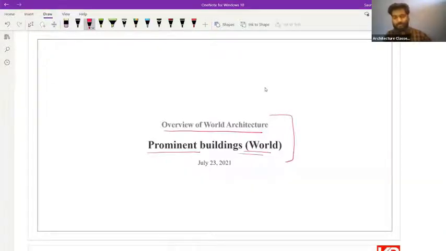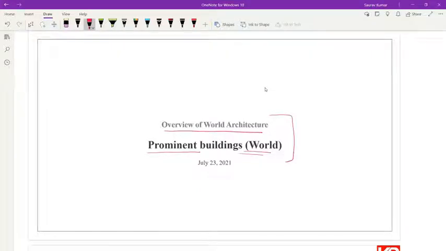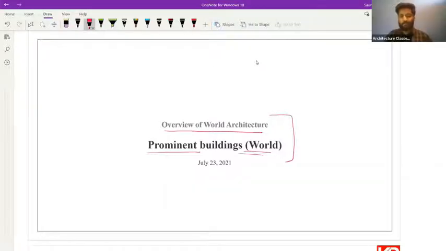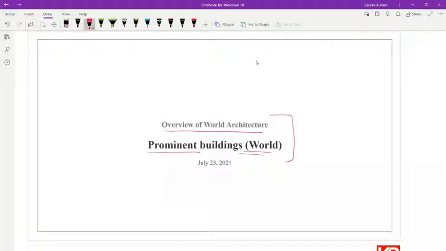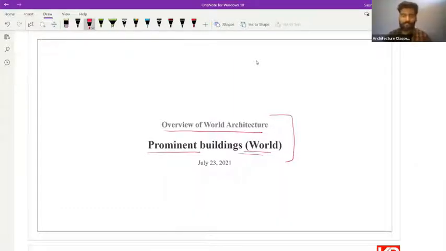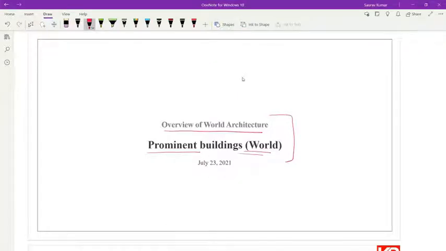Also, kindly confirm if you are comfortable with my English, or if you want, I can switch to Hindi. If you want, I can use both the languages. Sir, use both the languages. Okay. I am comfortable with English also. No problem. In whatever mode you are comfortable with, I'll use that only. If you want, I'll teach you completely in Hindi or in both Hindi and English, whatever you say. No, sir, English only, you teach. Okay.